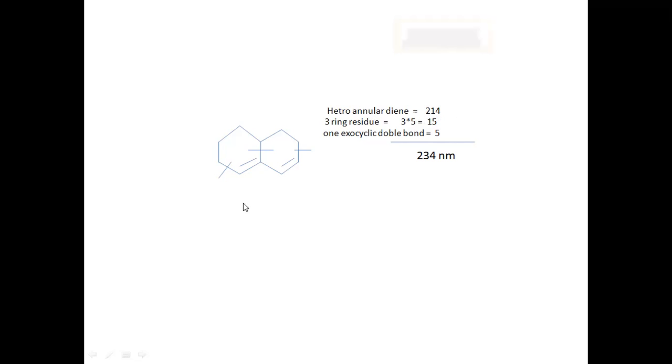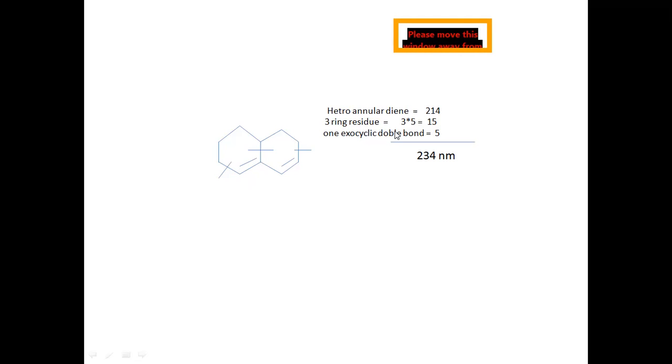Now ring residues. Here double bond CH2, here double bond CH2. Now out of CH2, one hydrogen atom is replaced. So one ring residue. Now this should be CH here. Out of that CH, one hydrogen atom is replaced by a carbon atom here. This is the carbon atom. Therefore, this will be the second ring residue. And this will be the third ring residue. It should be CH2 here. So out of CH2, one hydrogen atom is replaced again by a carbon atom.